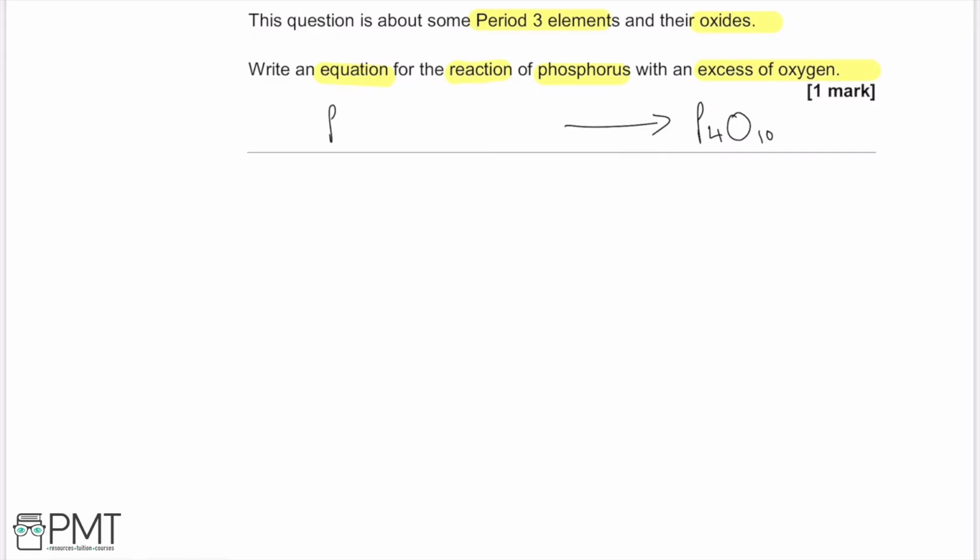We also know that phosphorus exists as P4 and oxygen exists as O2. So if you put this together, we should have P4 plus O2 goes to phosphorus oxide, which is P4O10, and if we balance this, all we need to do is put a 5 in front of the O2,